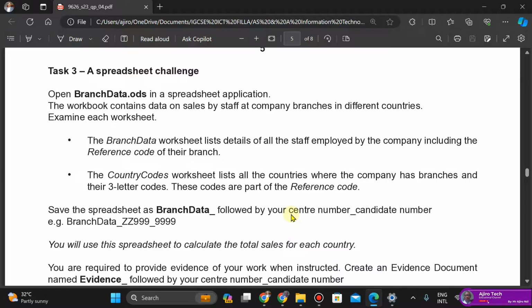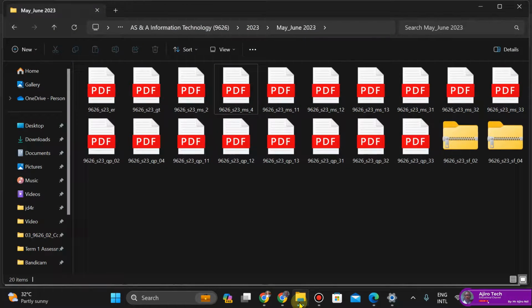So a special challenge, that's task 3. Open branch data dot ods. So ods means open document spreadsheet. It is the open document spreadsheet that contains certain details like charts, tables, etc. In a spreadsheet application, the workbook contains data on sales by staff at the company's branches in different countries. Examine each worksheet. So the first thing I'm going to do